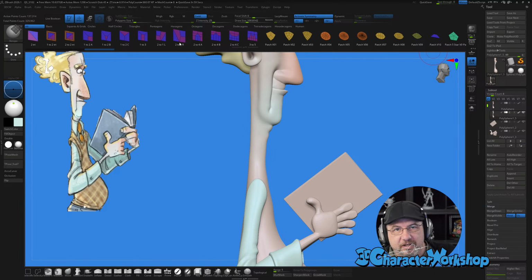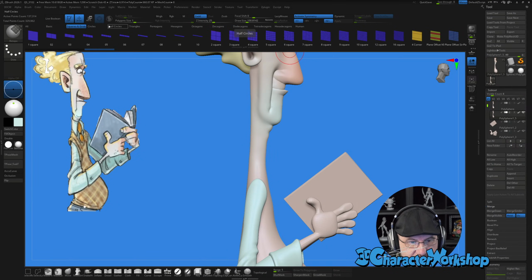You'll also notice there's a new folder system up here. On these insert multi-mesh brushes, which is essentially what the Retopo brush is, if it has a whole bunch of models that come with it, you can put them into these folders.